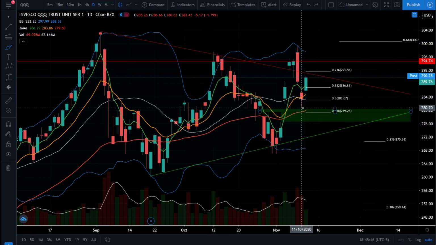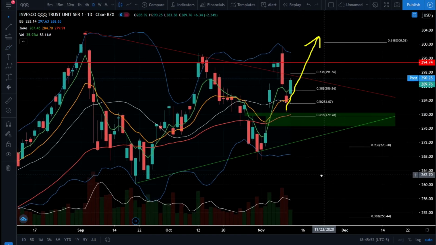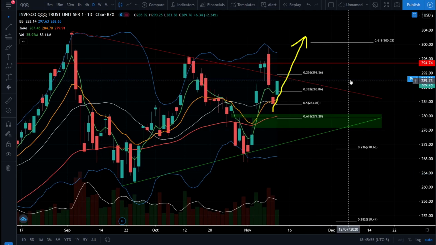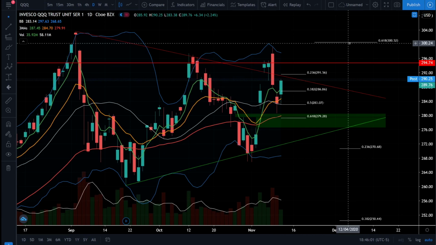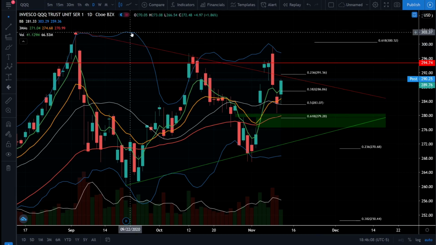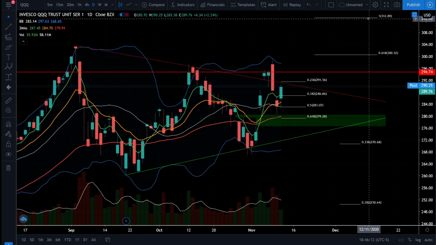Now, it's also possible this was the dip and we're now getting the bounce that will take us to new all-time highs on the Nasdaq 100. So we are starting to generate upside price targets on the triple Qs, and the first price target I'm watching right now is this $300 level, which is a 0.618 Fibonacci extension. If we break above 300, we're likely going to new all-time highs above our previous all-time high at $302, and we could get to our next Fibonacci retracement level at $312.